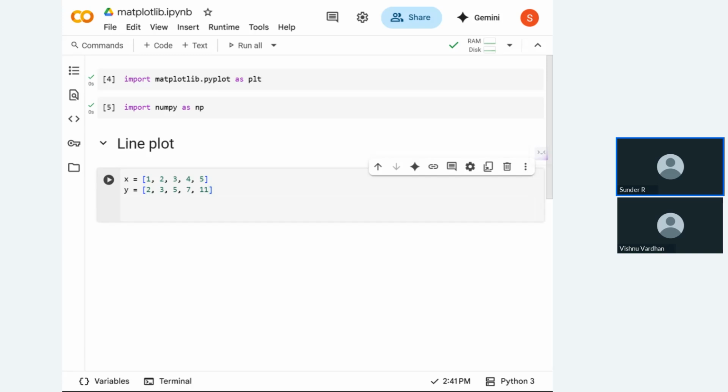Okay. So next, what have I done? Two data points, right? One is X and the other one is Y. Now, if I want to draw,